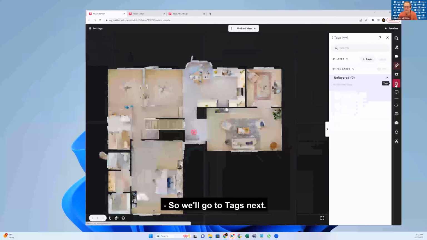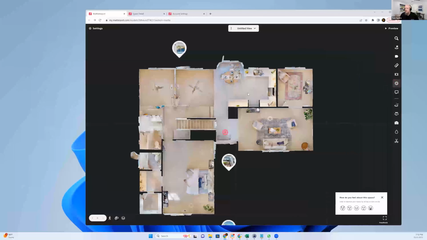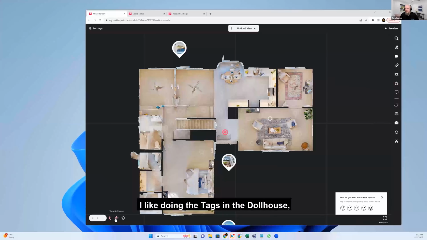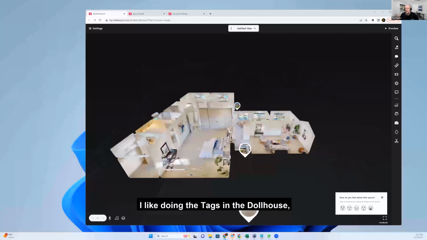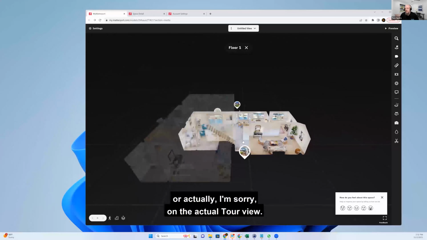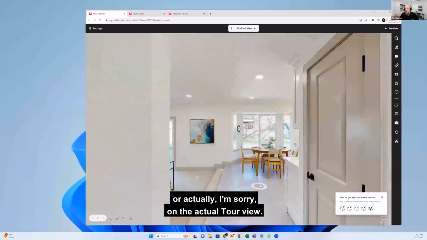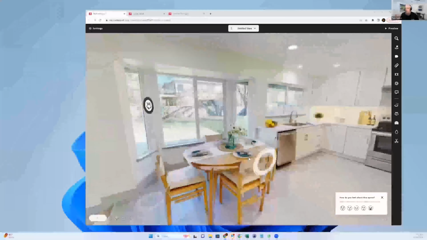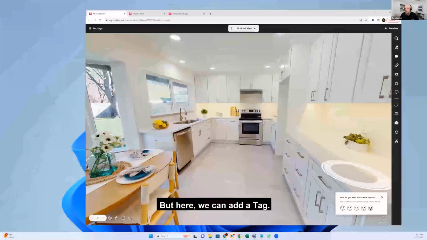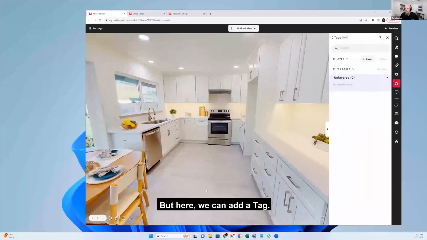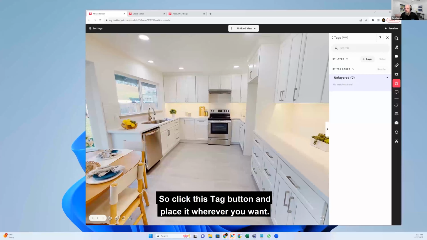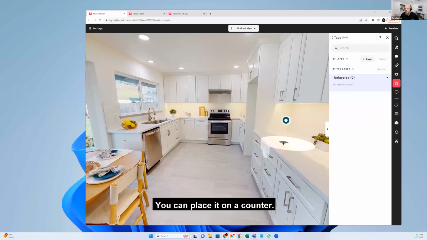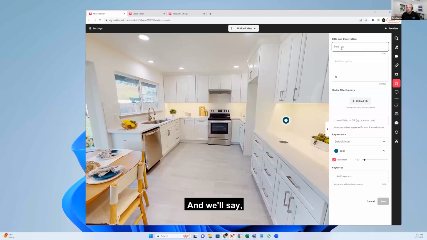So we'll go to tags next. I like doing the tags in the dollhouse, or actually, I'm sorry, on the actual tour view. But here we can add a tag. So click this tag button and place it wherever you want. You can place it on a counter, and we'll say